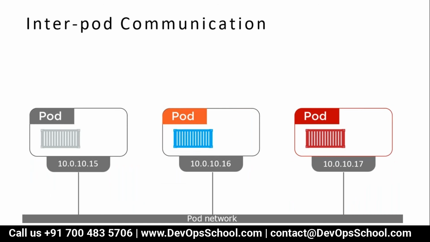Now, how does pod communication work, inter-pod communication from one pod to another pod? They have a pod network set up, just like we set up in Docker. But this pod network is cluster-wide. Mind it, cluster-wide. That means all pods can communicate with all pods across the nodes. All the nodes of that particular cluster can reach all the pods in the cluster. That is done with the help of kube-proxy, a networking proxy. If you read more about this technology, you will understand how it works. So inter-pod communication goes through the pod network, not through the node network.